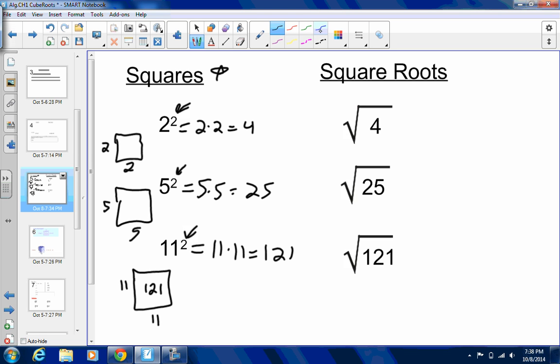All right, so let's switch gears here. Something that's very similar, but it's actually kind of the opposite, are called square roots. Not squares, square roots. So in this case, square roots are actually the opposite. If you notice, we ended up with a 4 answer here, but now we're going to take the square root of 4. So we're going to go backwards. The square root says what number squared